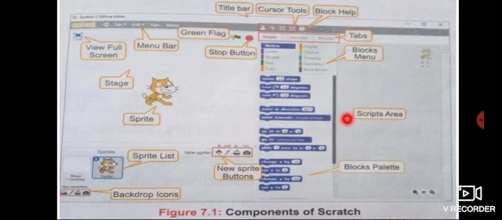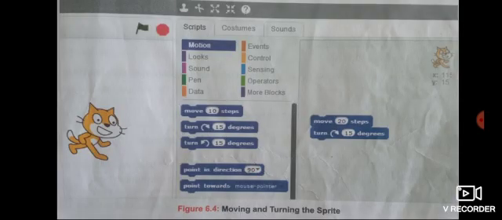So what is a script? A script is a collection of step-wise instructions that are given to a sprite to do a specific task. Next is the script area. The script area is a place where you create a script for a sprite to do a specific task. So let's move to our next topic, that is moving and turning the sprite.